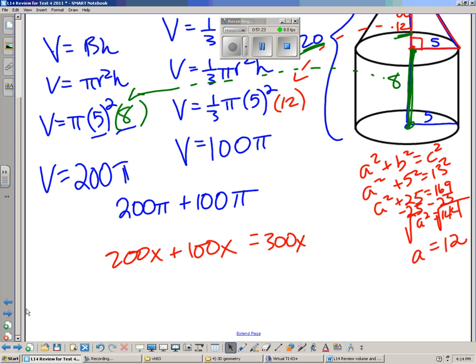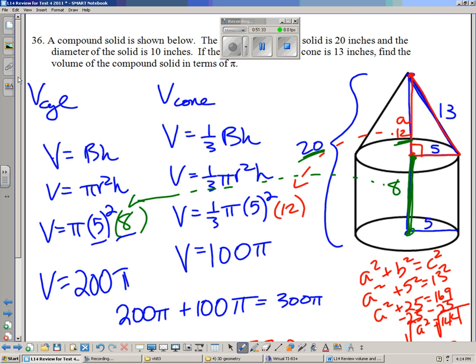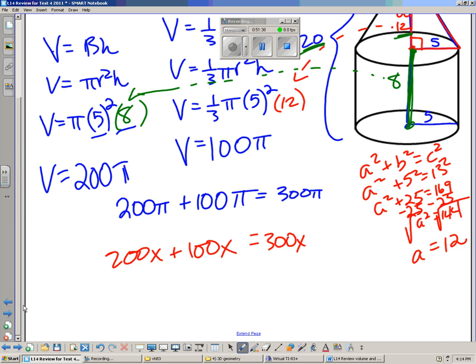So instead of having an x, we have a pi. It's like adding like terms. So 200 pi plus 100 pi is 300 pi. And units is still volume. Since our problem was given in inches, volume units would be inches cubed. So final answer, 300 pi inches